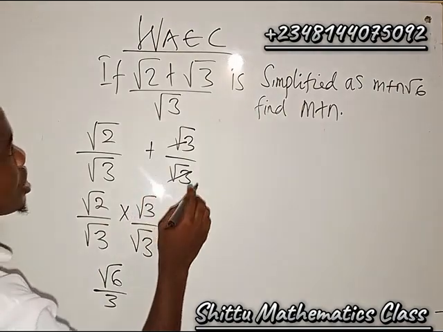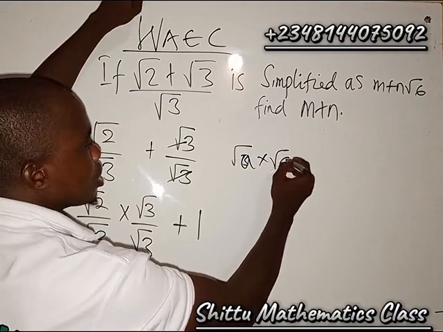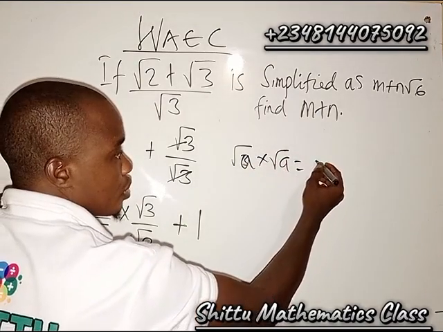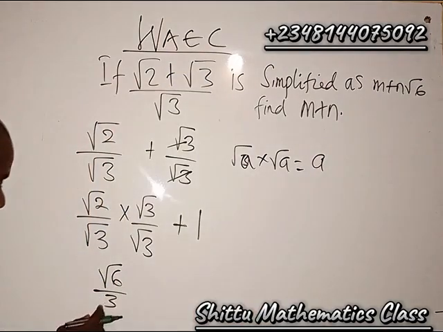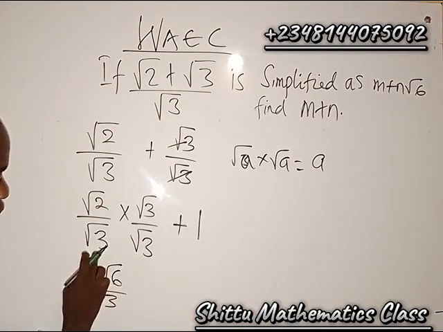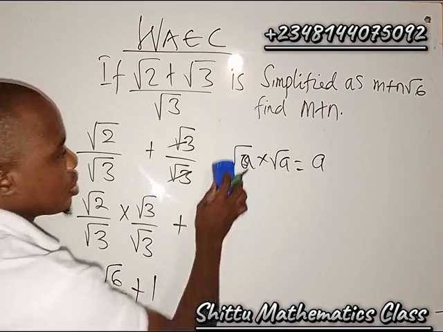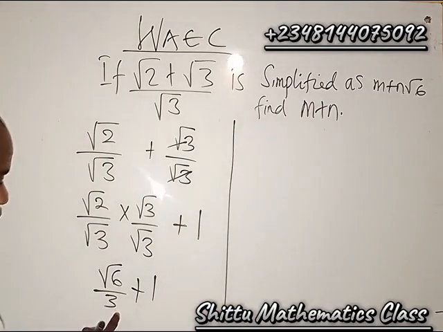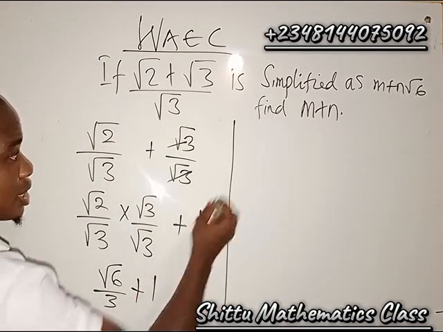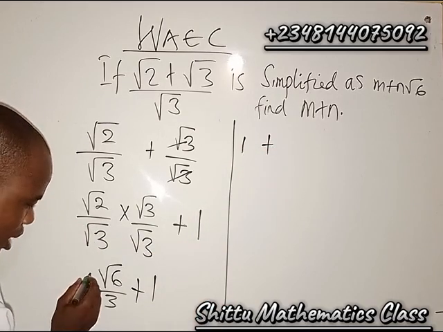Don't forget that if you have root a times root a, this is going to give us a. So that is the fact we used here. For this and this, multiplied by this to give us this. So plus what? Plus 1. So now we can see that here we can write this as 1 plus,